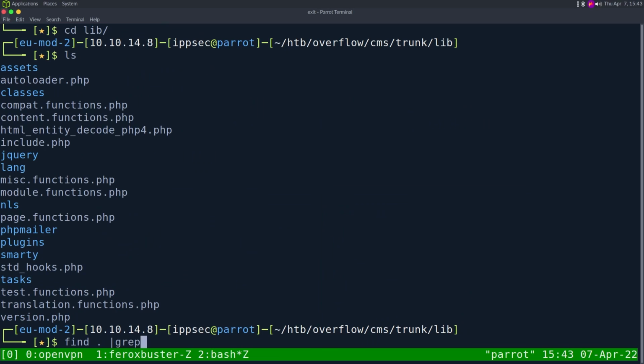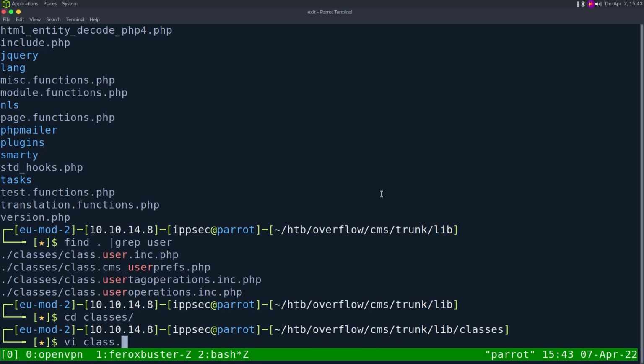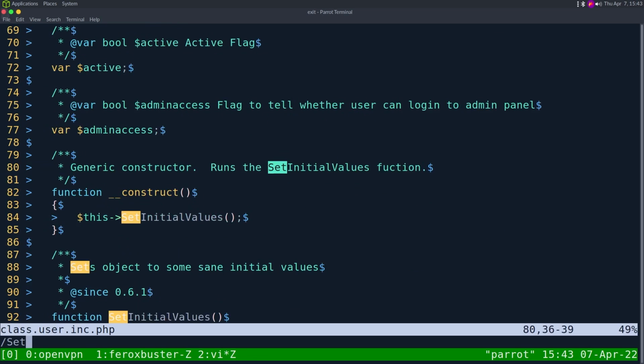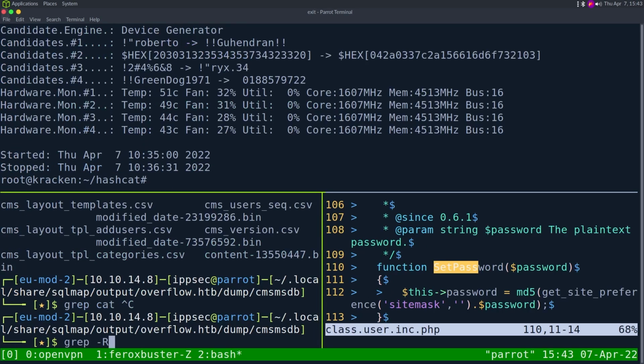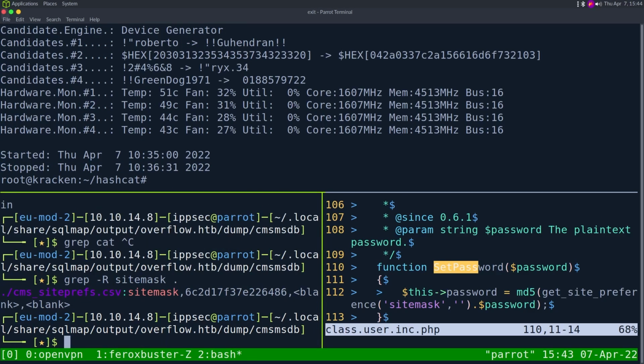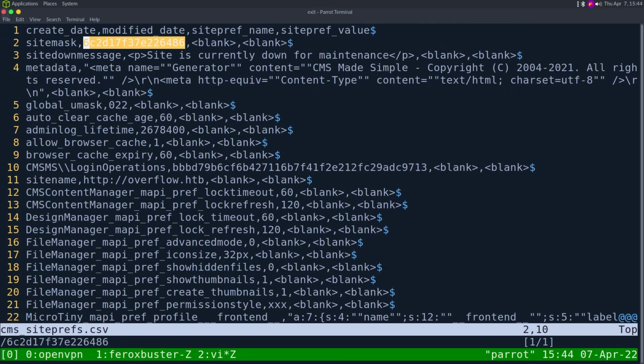Let's see. Find, grep user, cd classes. class.user.include.php, set password. So site mask is what I want. grep -r site mask. And we can see the site mask value is this. If I view the CMS site preference file, we can see